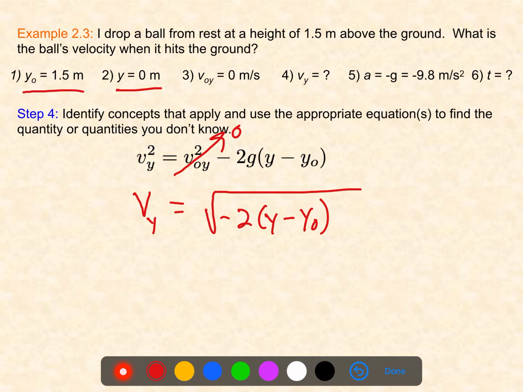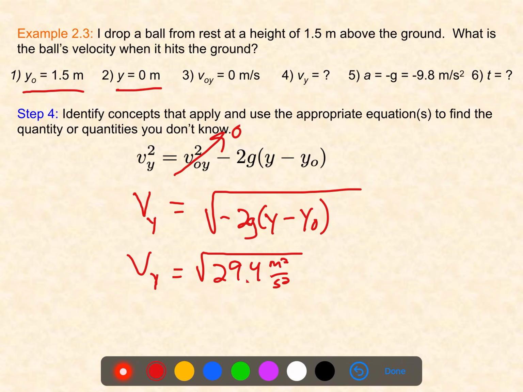So when we do 0 minus 1.5, we'll get another minus sign in here, and this will cancel into a positive sign. And so when we do all of that, and we multiply by the g, I'm sorry, I should have thrown that in there, we will get 29.4 meters squared per second squared